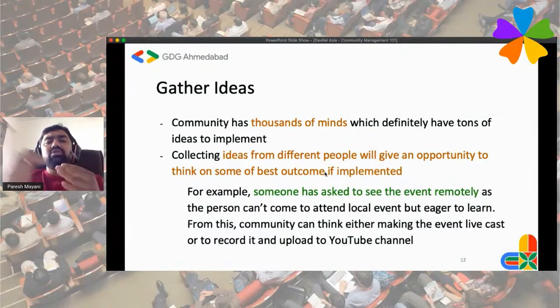Rather, just go in the community, collect the ideas, and brainstorm with the community about what they are expecting, what would work and what would not work. So for example,